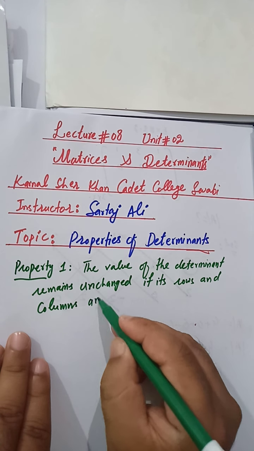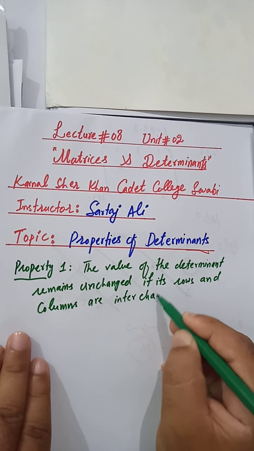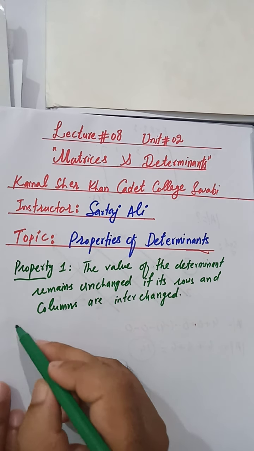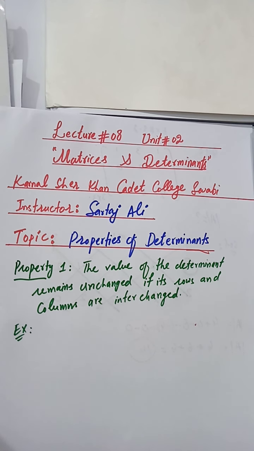For example, if we have a matrix A. These properties that we will discuss in this video lecture will be true for any order of square matrix, but we shall restrict ourselves to determinants of order 3 only, because in this chapter, for higher orders, we only consider order 3 matrices.